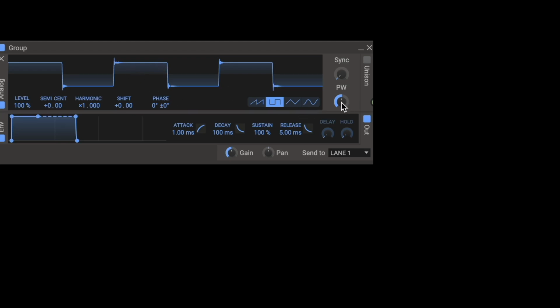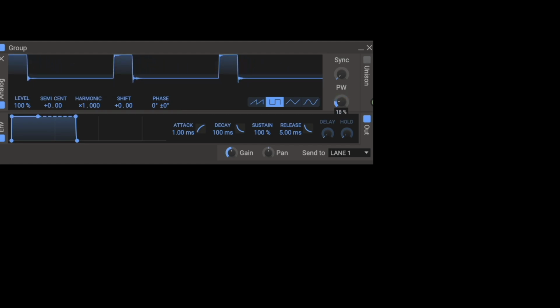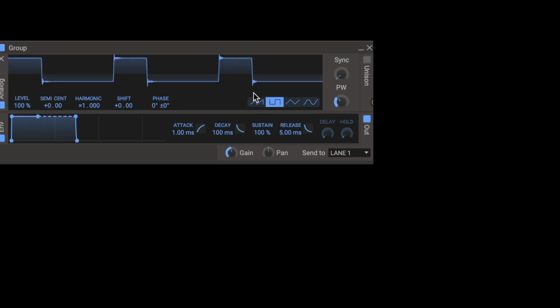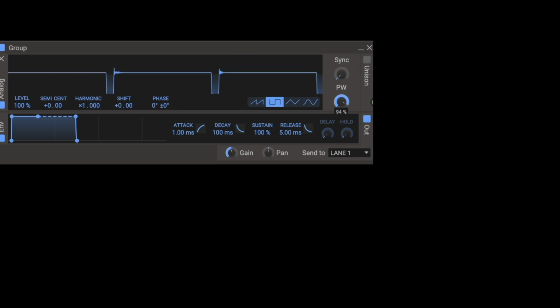If you adjust the pulse width control, you will see in the graphic this relationship change. The pulse width control sets the amount of time in each cycle of an oscillating pulse wave that it will spend in a positive versus negative state. The pulse width is set as a percentage. If you turn the knob to the right, it increases up to 100%, and then to the left down to